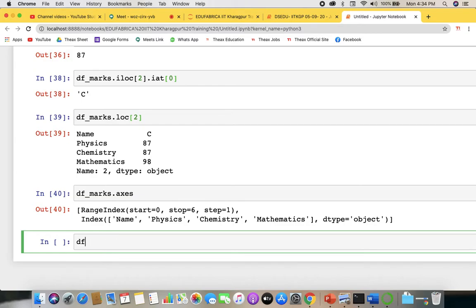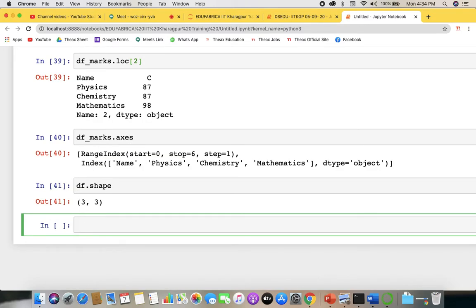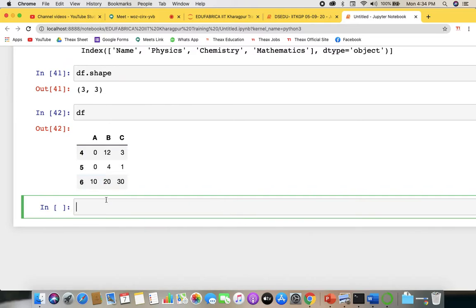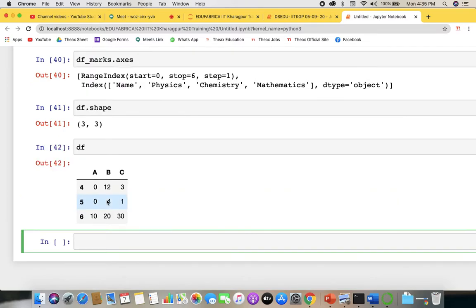Then we have df.shape: 3 rows, 3 columns. Look at your df, 3 rows and 3 columns, right? The values and the data types are clear to you. Again, recalling what we have discussed till now: head and tail give you the first and last rows accordingly. Describe generates some descriptive statistics,